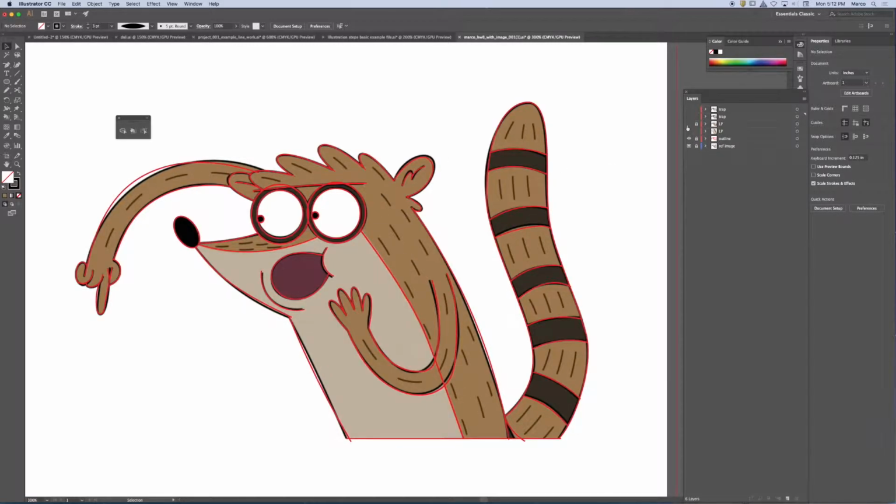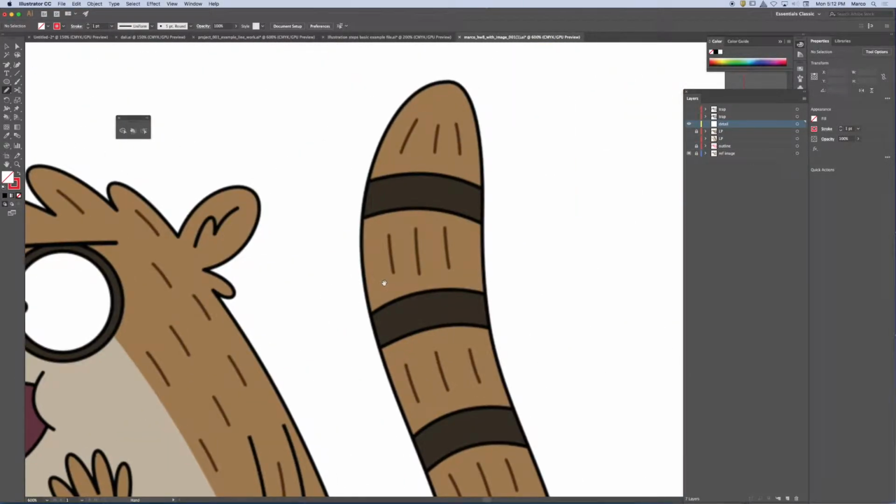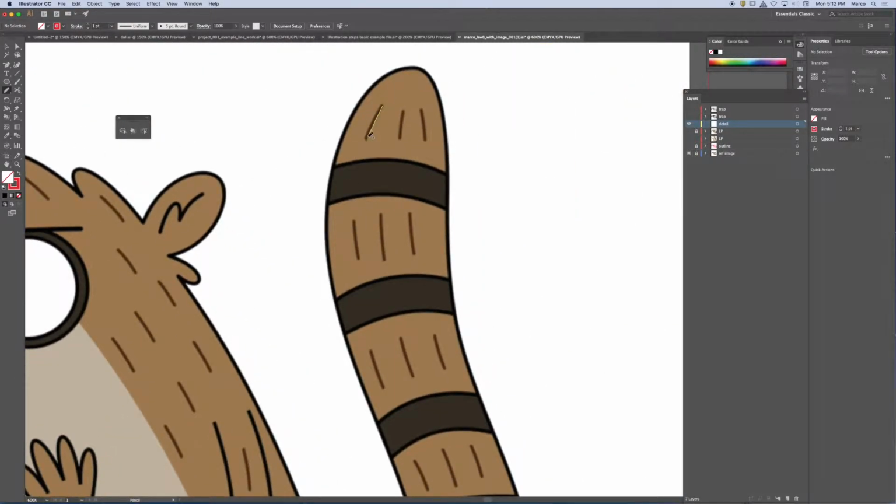So if I wanted to add that detail, what I would do is make a new layer, and I would call that layer my detail layer. And I would go ahead on that detail layer and replicate all of those little details. Now I'm pretty methodical, and not only am I methodical, I'm pretty consistent. So I'm going to draw these the same way that I do anything else. I'm going to start off with a red line